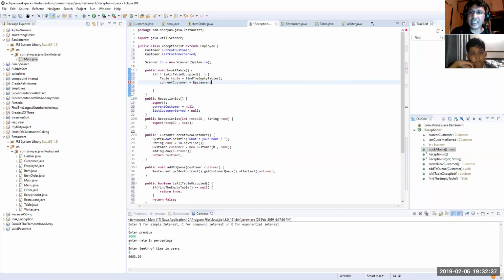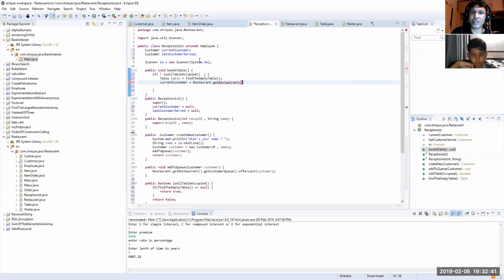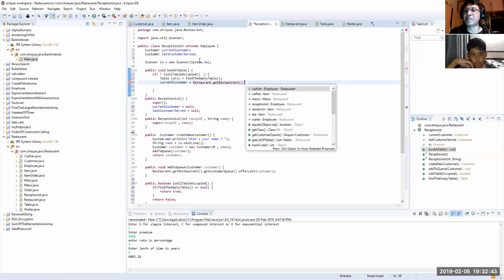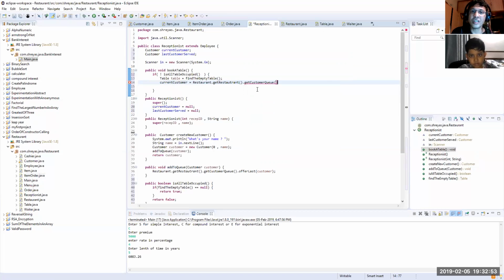See, if you don't agree, just let me know. Restaurant dot get restaurant, right? Get restaurant. See how easy it becomes, right? Dot get which queue, it get customer queue, right? Get customer queue dot